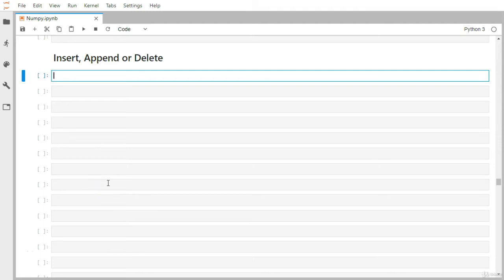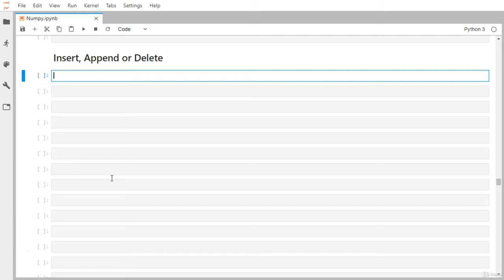Hi everyone. So let's discuss some of the more array manipulation related functionality. Let's say you want to append some data or some element to your existing NumPy array, or you want to insert at some particular position, or at some particular position you want to delete some elements of the array. How can you perform this? I have already imported NumPy. Let me first create a one-dimensional array and we'll see all those operations. Then we'll see the two-dimensional array.